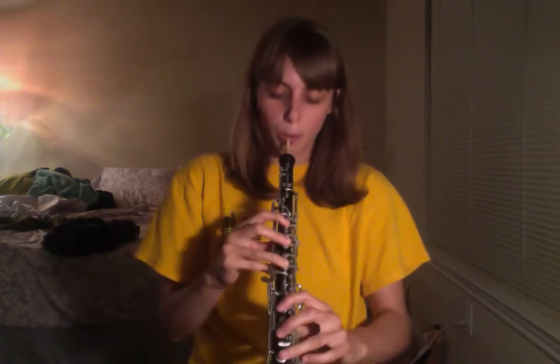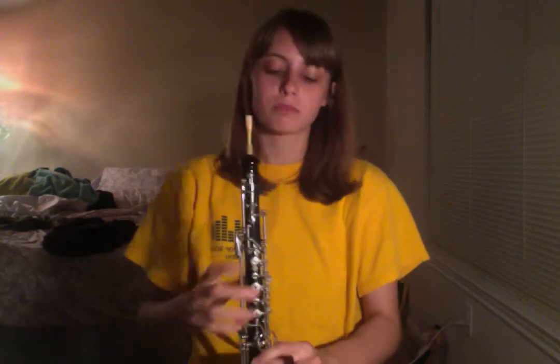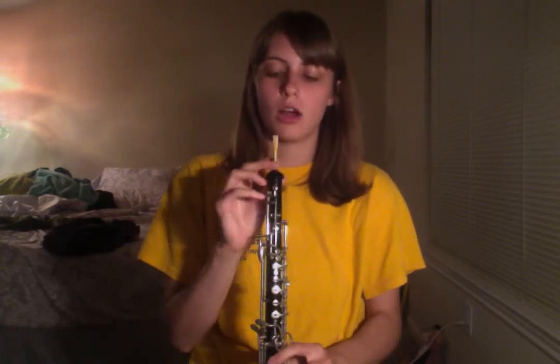So when we attack a note, or articulate a note, I would say, we're actually going to be taking our tongue on the reed and then removing it from the reed so that we allow the reed to vibrate. And we're going to be getting our air from down here, supporting it with our diaphragm, and pushing a lot of air through the instrument